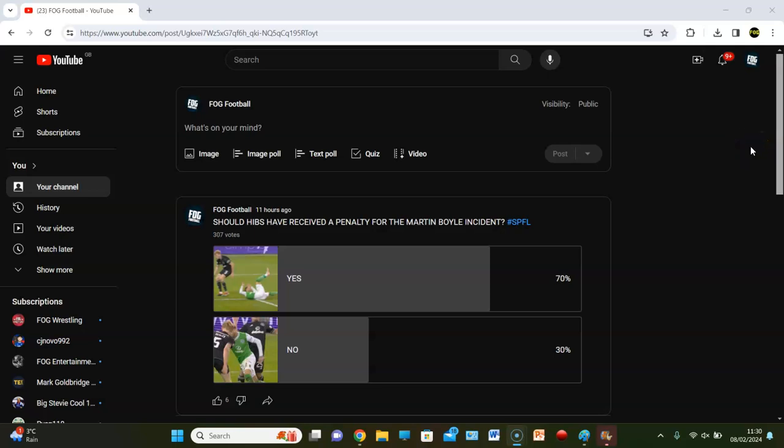Should Hibs have received a penalty for the Martin Boyle incident? Welcome back, guys, to Fog Football. And of course, Martin Boyle looked like he dived, didn't he? And the referee gave him a yellow card for